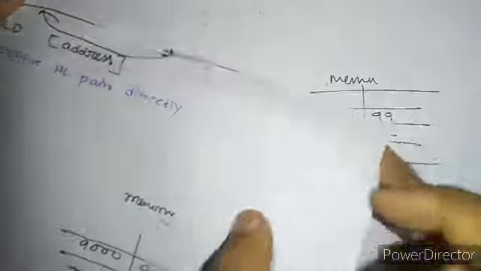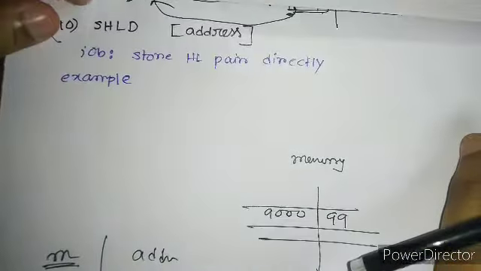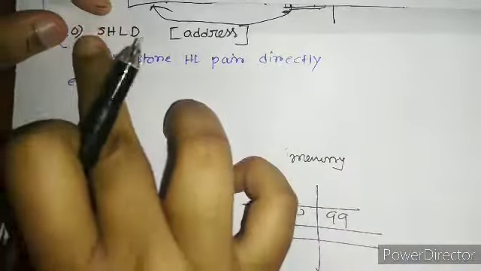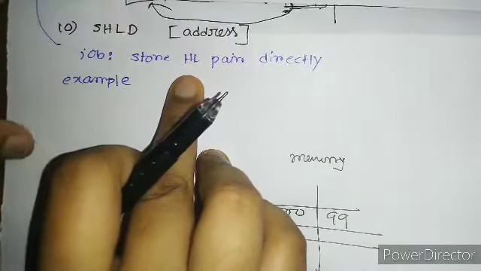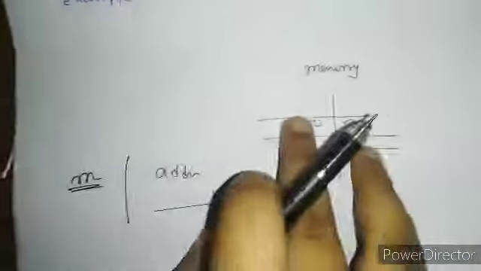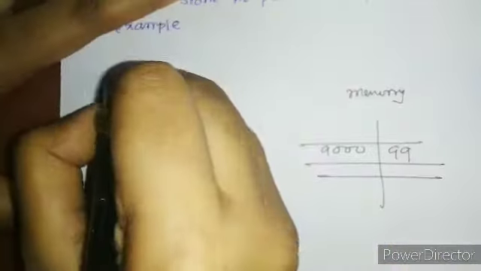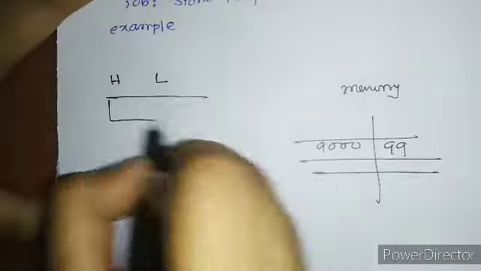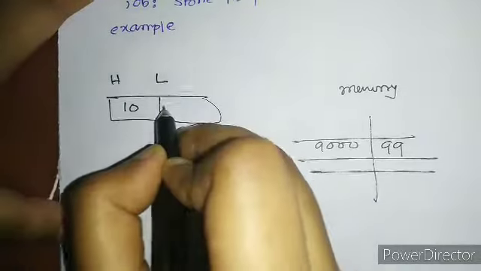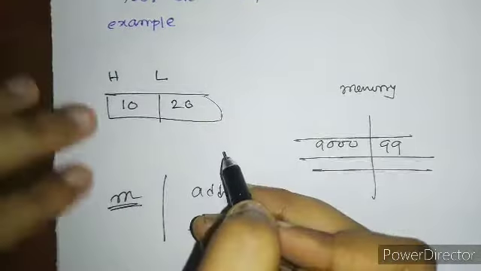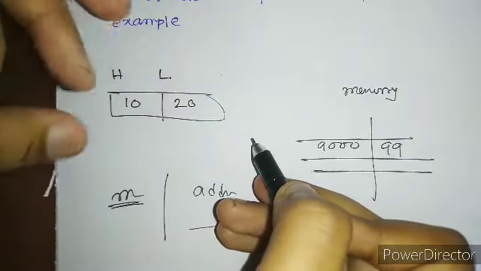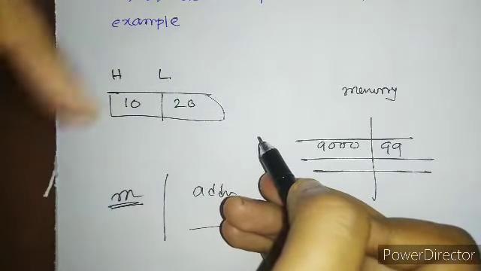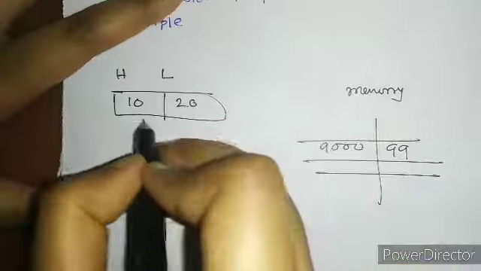As LD and ST, there is also LHLD and SHLD. Store HL directly. What does this mean? That if I had something in the HL pair, like 10, 20, I want to store these two data respectively at two locations. How can I do that? In memory. So